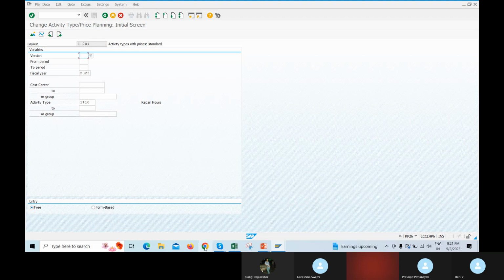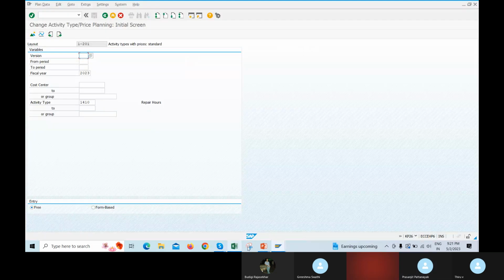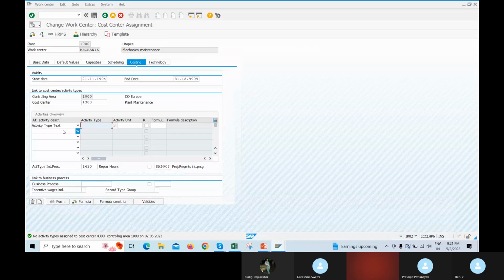Prasenjit sir, are you there? Had you worked on this work center with multiple activity types? I was coming to that point. I'll just check and come back.